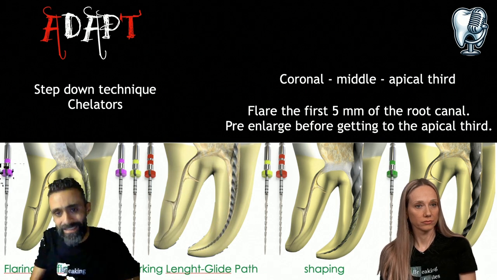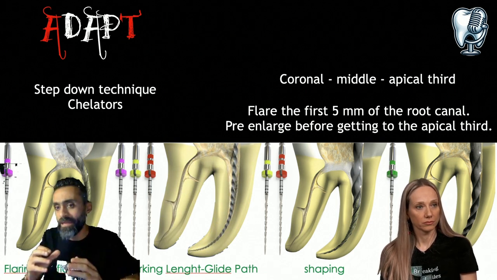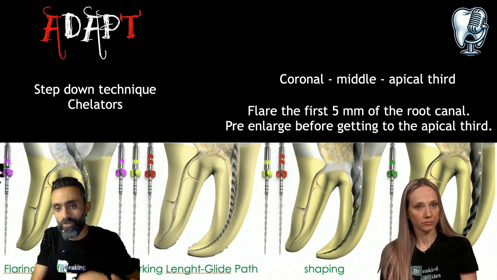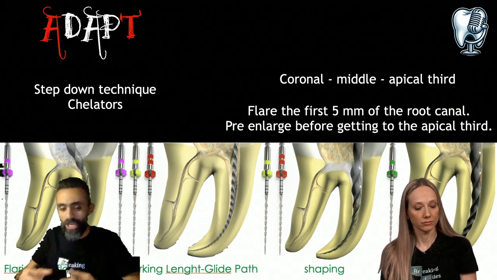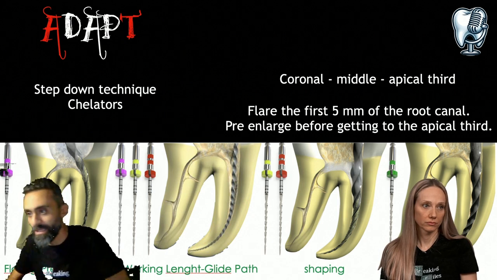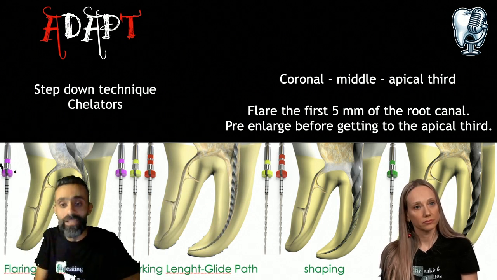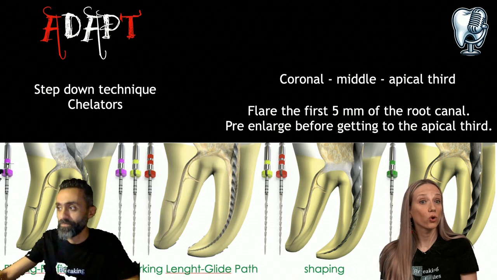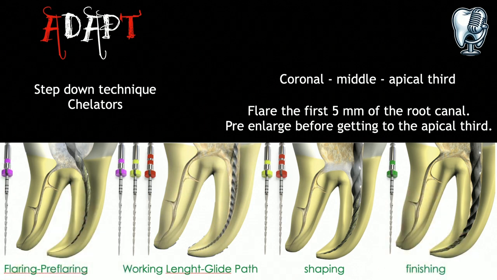And by this technique, we are adapting and addressing each part of the root canal system. We are not trying to change the anatomy, but we are adapting our strategy to the present anatomy. And this will end by going safely to the apical third. Yeah, and also glide path. A reproducible glide path, in my opinion, is one of the major factors that help us preventing file separation, because if I have a glide path, all of the following instruments are going to follow that path and work better, work safer. What do you think?